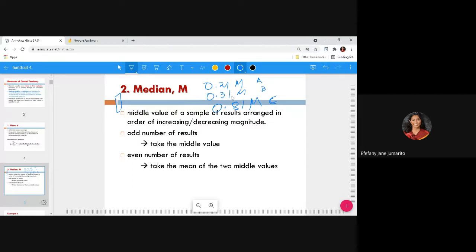So one statistic that we will use instead is the median, because the mean, if you get the average of this, will become very large, because it will be pulled by this outlier, 0.81. To avoid that, we are going to use our median instead. The median is the middle value of a sample of results arranged in order of increasing or decreasing magnitude. You just arrange them and then get the middle. The median will not be affected by outliers, by values that are very large or very small. So median is good to use instead of mean. If we have an odd number of results, take the middle value. For an even number of results,